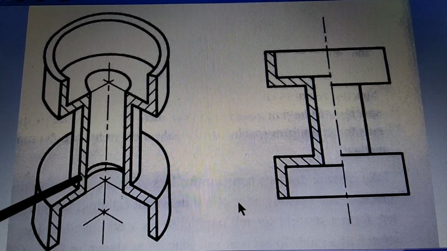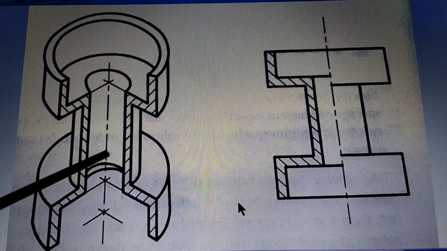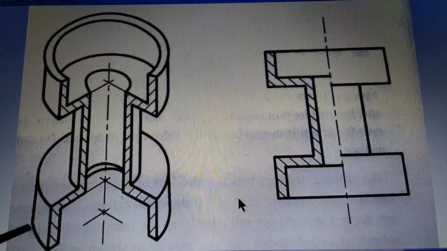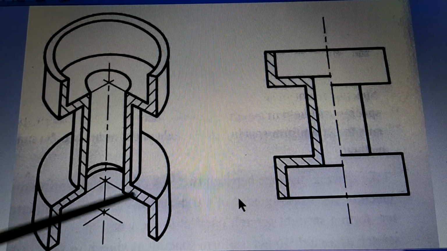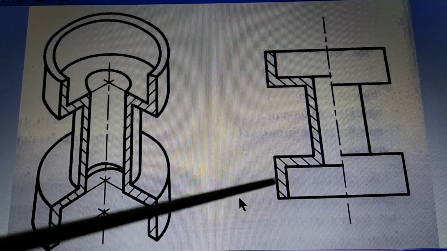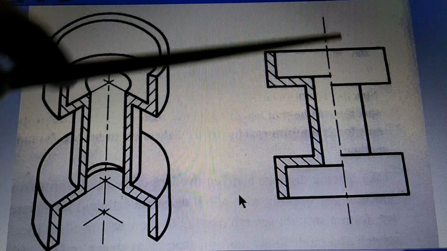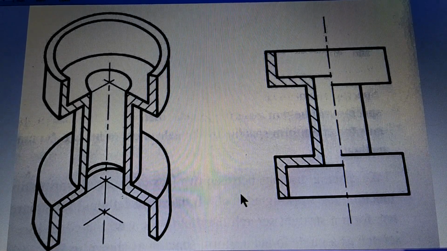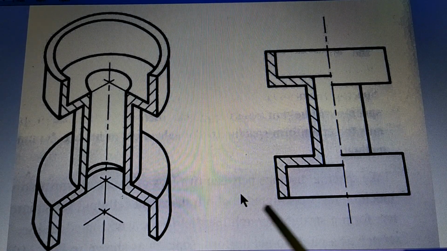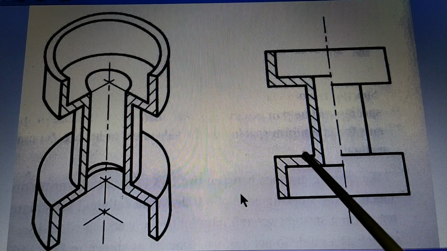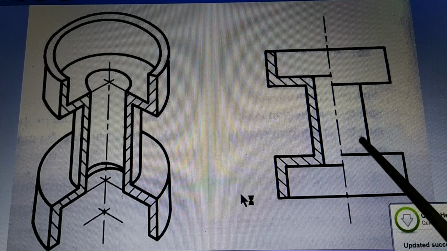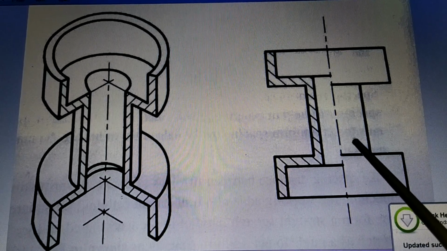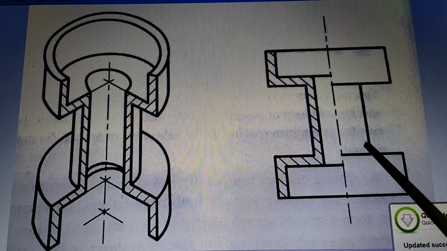Now a half sectional view is drawn when the object is symmetric. Now as you can see, this object is symmetric. So when an object is symmetric, instead of cutting the entire object, the object is cut only half. And then when you see from the front, you will see half part as a section and half part as no section. Now what is the advantage of this half section? The advantage of half section is that as you see here, you can see the internal details also, you can see the external details also. So in the same drawing, you can see both internal as well as external view. Therefore, in such cases, half sectional view is drawn.